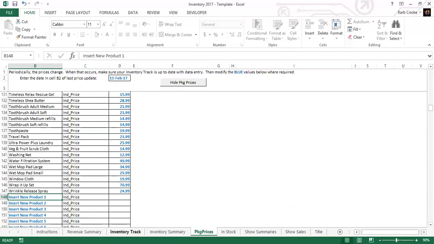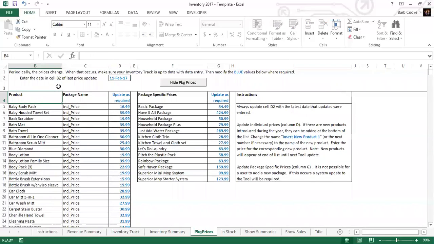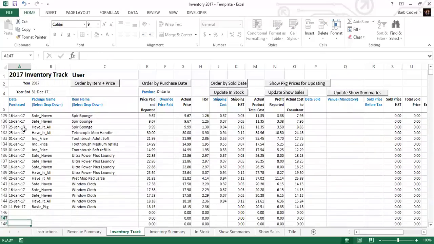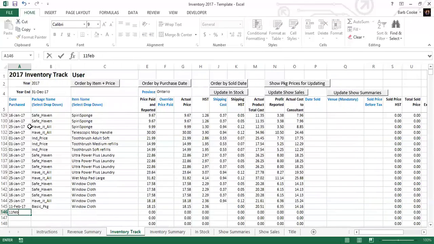So for example, I could enter whatever word I wanted here and the price here, and then I'll show you on the other page. So once you're finished updating your package prices, you click on hide package prices so it doesn't appear down here anymore. So, for example, now if I go down here, I didn't change the name, so you'll just see it as,